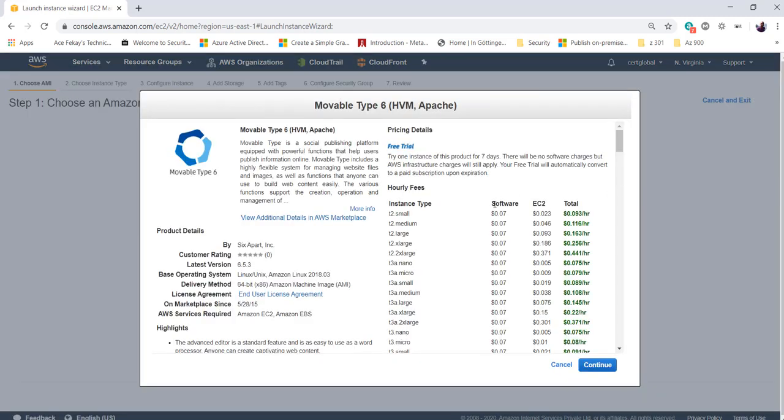So you got to pay for the software and then the EC2 as well, right? You pay for the compute part, which is CPU and memory, and you pay a fraction of a dollar here. And then you also pay for the software. This software, which is Movable software, appears to be a social publishing platform which has a lot of functions. If you really need that application, you got to pay for that application plus the compute part of it, right? The software component goes to the company,